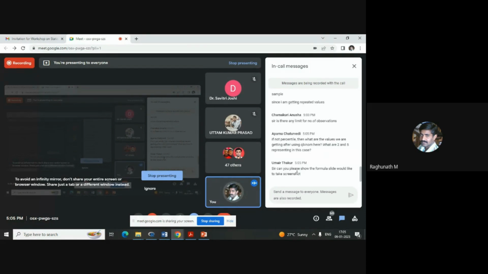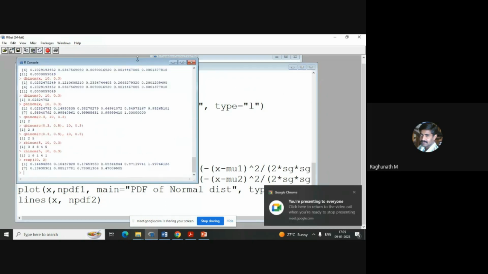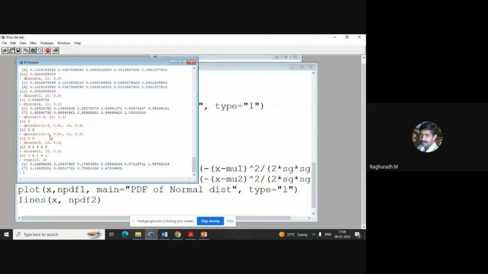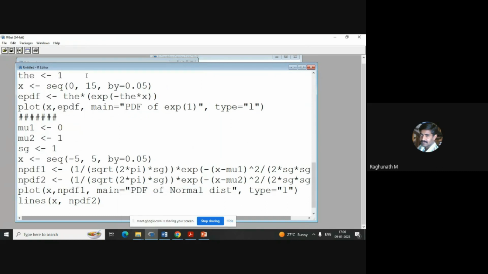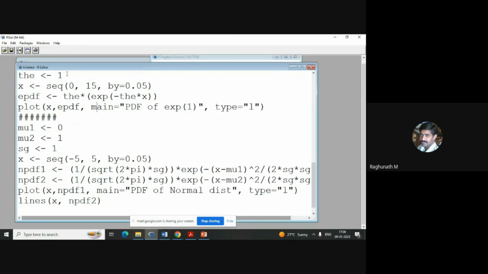If not percentile, then what are the values we are getting after using qbinom? qbinom gives only quantiles. The 2 and 5 represent those values. We have mentioned the probabilities. Let me show that one. You're asking about this question, right? So these are the probabilities. As I told you, if you look into the graph of this,